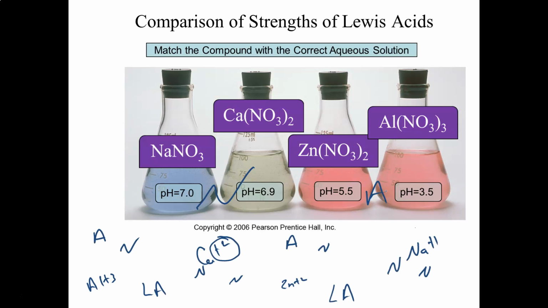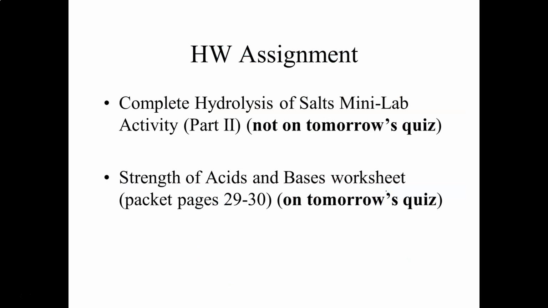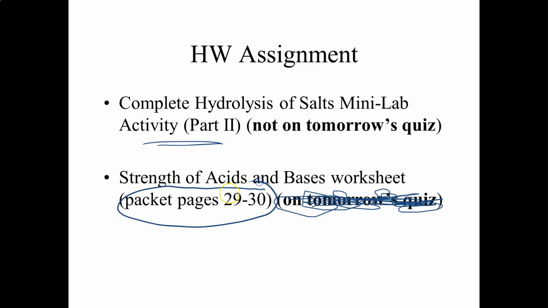All right, so what you can do now is you can ignore this right here for the quiz. The quiz is scheduled for whenever. You'll eventually see when it's scheduled for if it's not announced already. But you could complete part 2 of the Hydrolysis of Salts mini lab. You can work on that for homework. You might do some of that in class as well. And obviously pages 29 and 30, the strength of acid-base worksheet. I think that should be done already. Okay? So anyway, it takes care of the